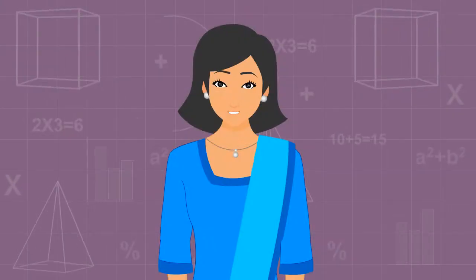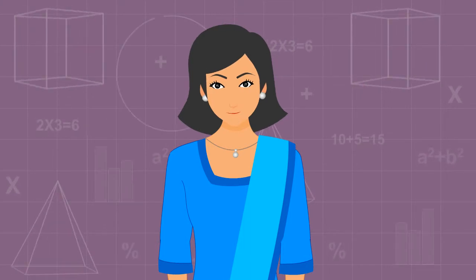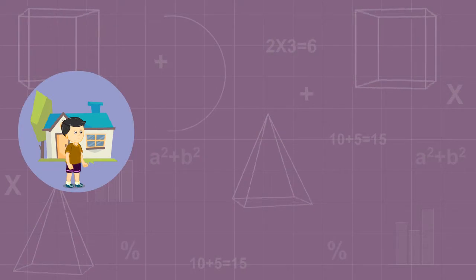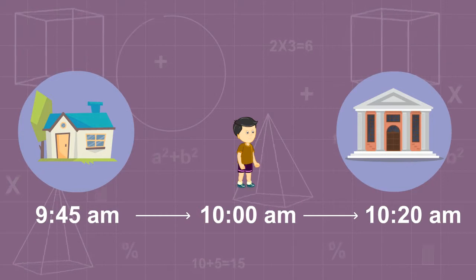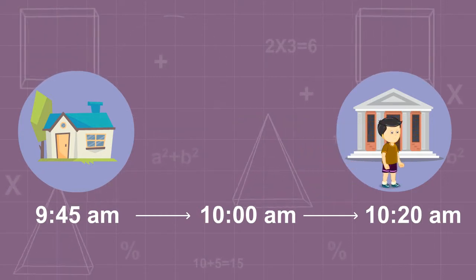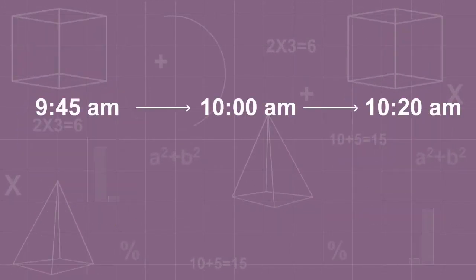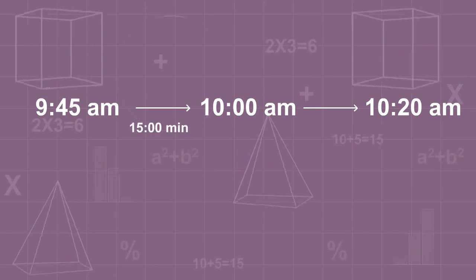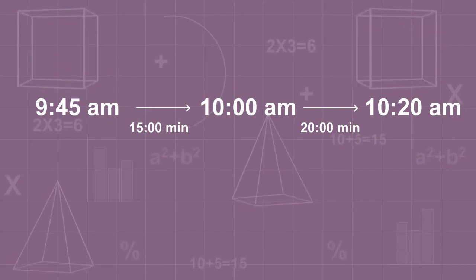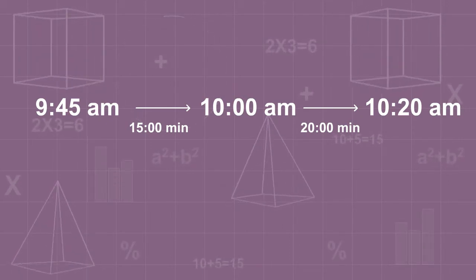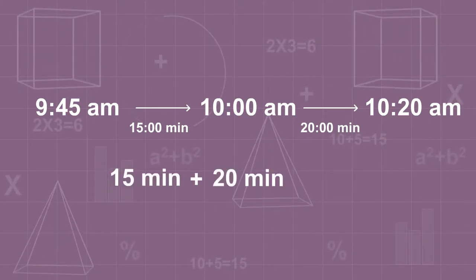Friends, you can also calculate the duration from one time to another given time. Let's solve a question. Nareen left for the theatre at 9:45 a.m. and reached the destination at 10:20 a.m. Find how much time it took Nareen to get there. First, let's make a time chart. It takes 15 minutes to 10 a.m. and another 20 minutes to 10:20 a.m. Thus, the total time taken by Nareen to get to the theatre is 15 minutes plus 20 minutes, which is equal